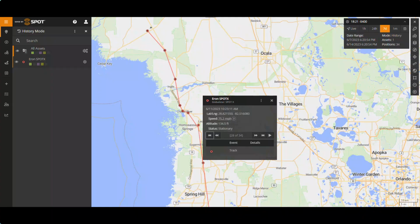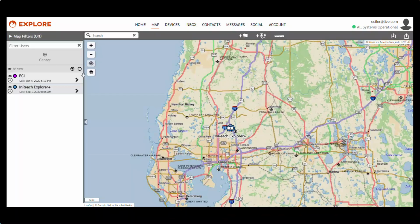Globalstar. I've had great success with Globalstar's device. We sell it in a couple different form factors, from asset tracking to vehicle tracking, as well as the handhelds. They have a very nice interface, and there are integration opportunities here, not only for us, but for customers as well. They have a configuration which allows for multiple devices to be used in the same account, so it has a business class interface. And then you have the InReach, which also has a business class interface, but boy, do I